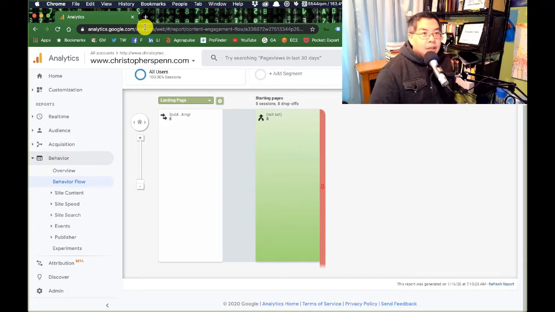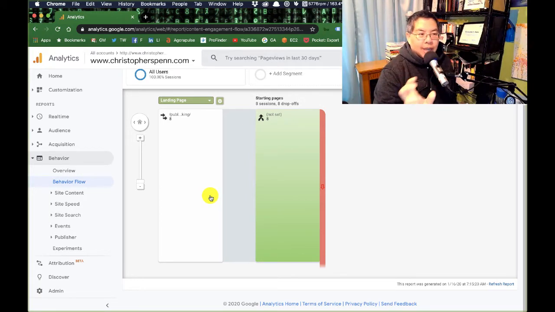Now, this is contingent on a couple things. One, there's only one link from your landing page to whatever the next pages are. So if there was page A, B, and C, and you want to know what's going to get the click, if there are 5 links to page B on page A, this is not going to tell you that. To fix that, you'd have to go into Google Tag Manager and specify